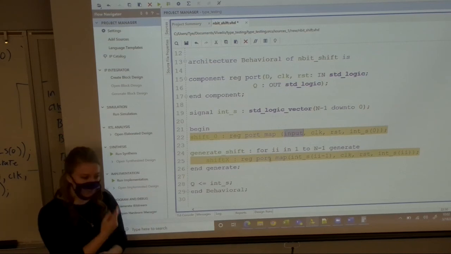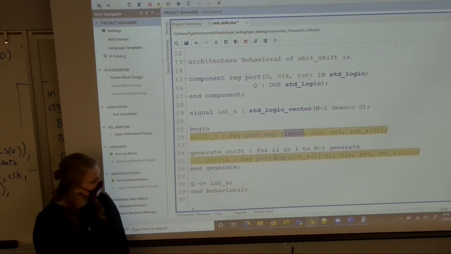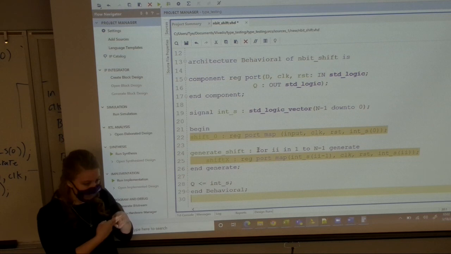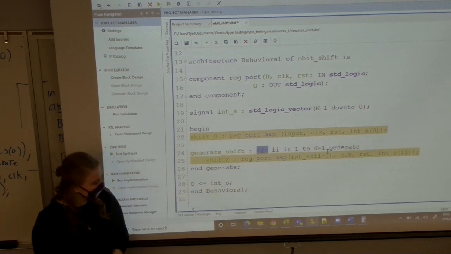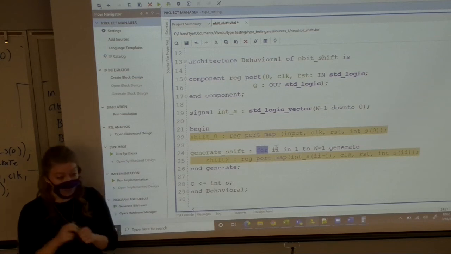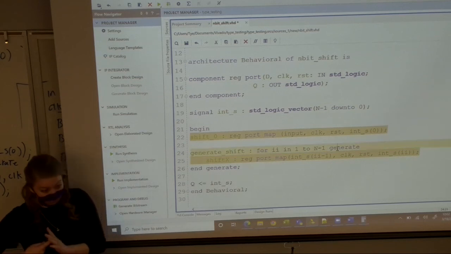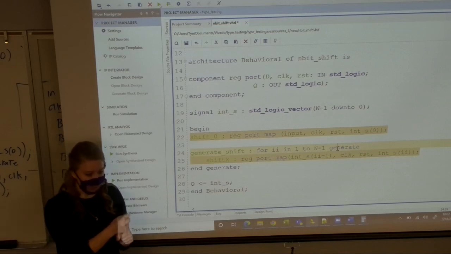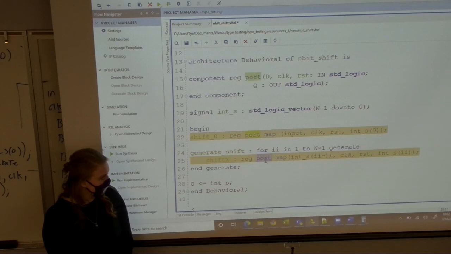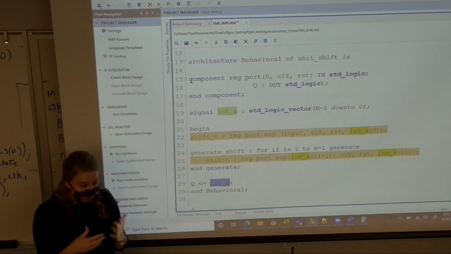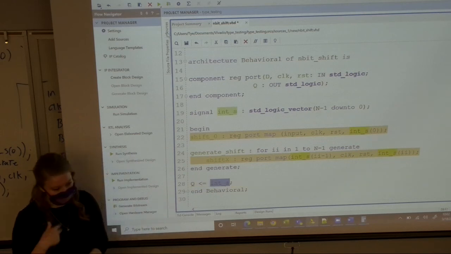Okay, then I have the loop name, generate shift, loop range, and instead of saying begin like you do in a regular for loop, it says for blah blah blah generate instead of for blah blah blah begin, right? That's the difference. It's named as the reg port and generate, and then I assigned the output Q to that internal signal. So if we go and look at sources,